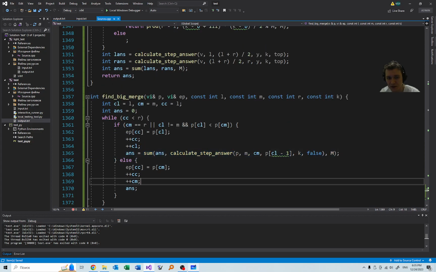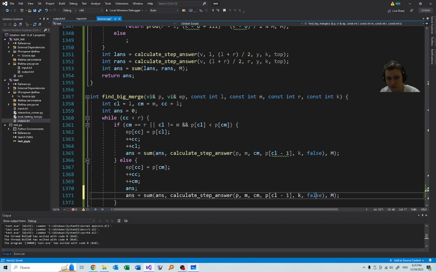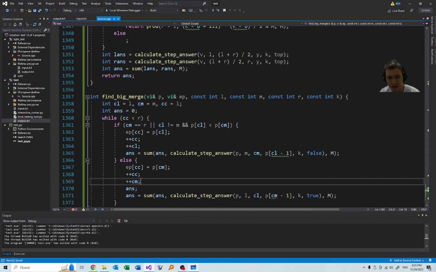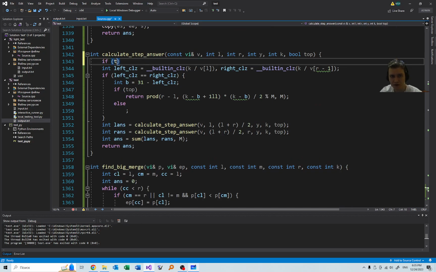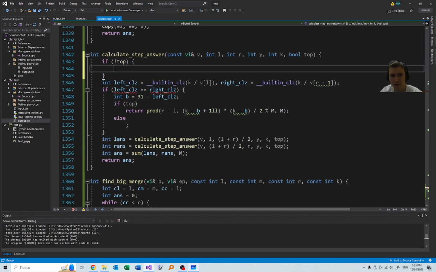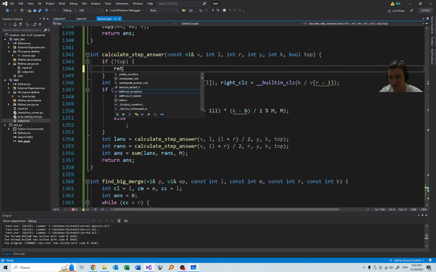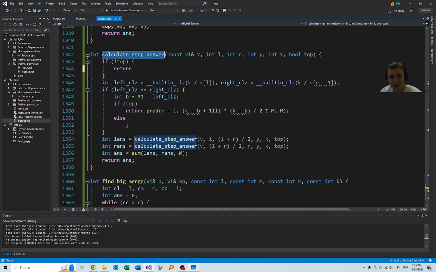Okay, and here we need to print true. But here we need to write L and CL and CM minus 1 a true. Okay, so let's do it easier. So if top, if not top, then we will return something else. We will return calculate step answer